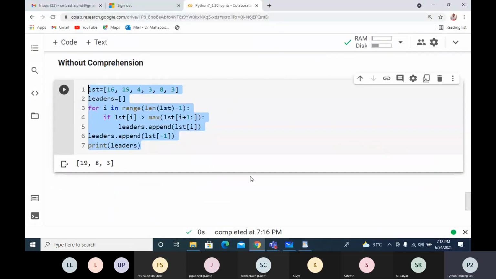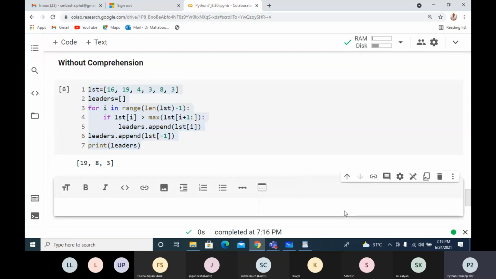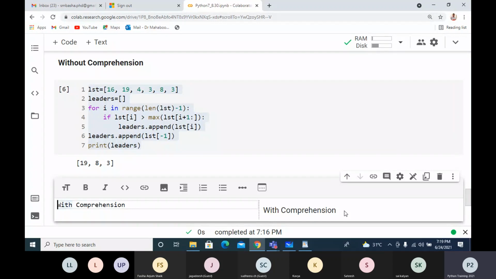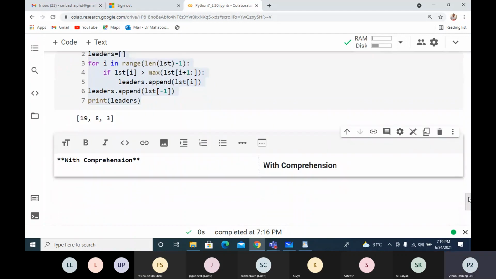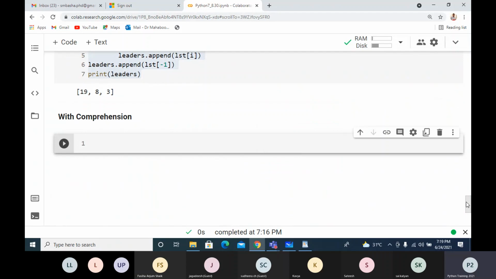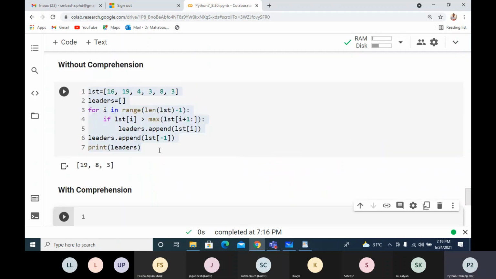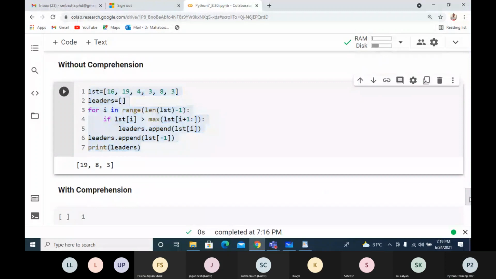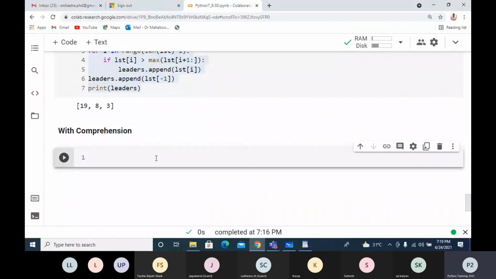Now if I use comprehension here, this is one question given in some placement drive, I think Infosys, I don't remember exactly. With comprehension, we can do it quickly and efficiently. I'll write this. I'll take this same thing and modify it to comprehension.